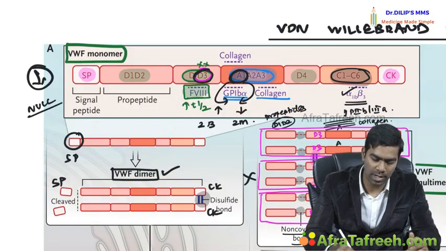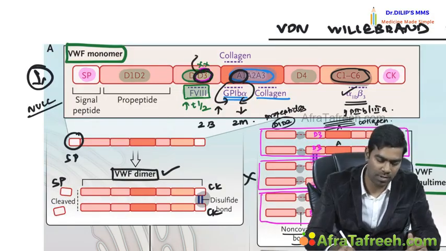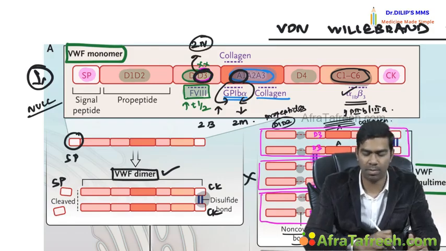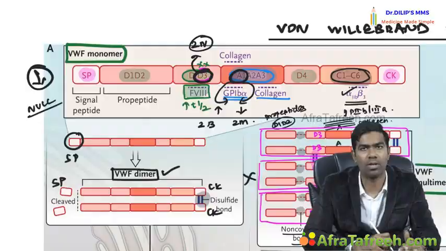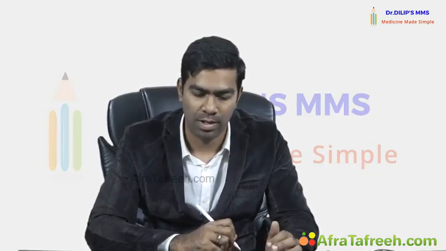Clear? We know that. And typically, a mutation in the D3 domain will result in this typical 2N type of disease, Normandy, where you are going to have poor binding of von Willebrand factor with factor VIII, so it can behave like a hemophilia. Remember,